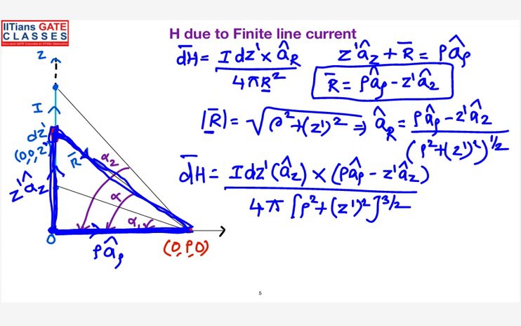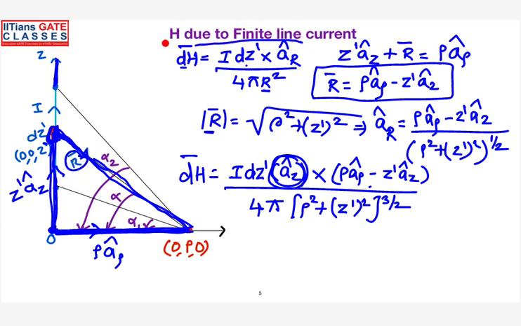Yes. So the direction of dH will be a_z cross a_rho. That will be the direction. See, the current element is located in the z direction, and the direction of the magnetic field will be the current direction cross product with the radial direction. What is the radial direction here? Radial direction means R bar. So that's what I was substituting here.